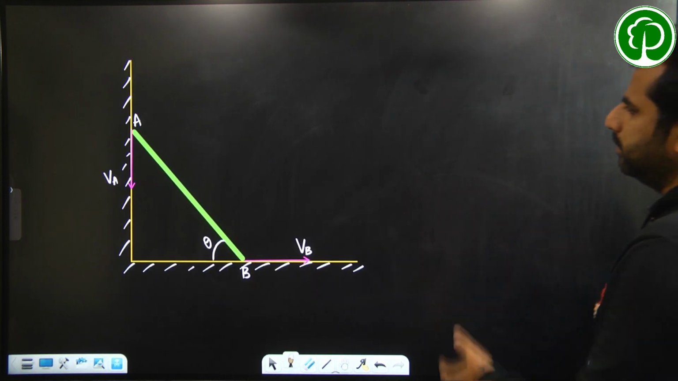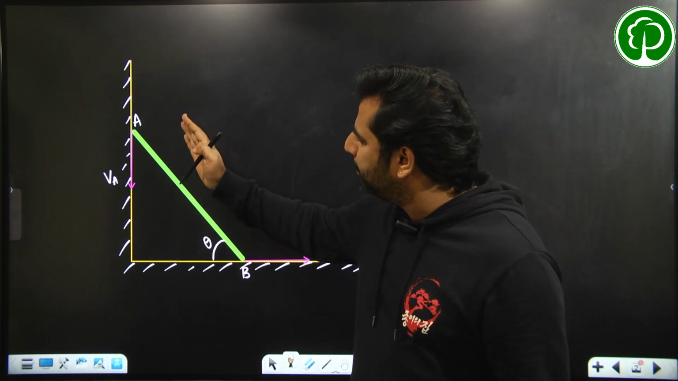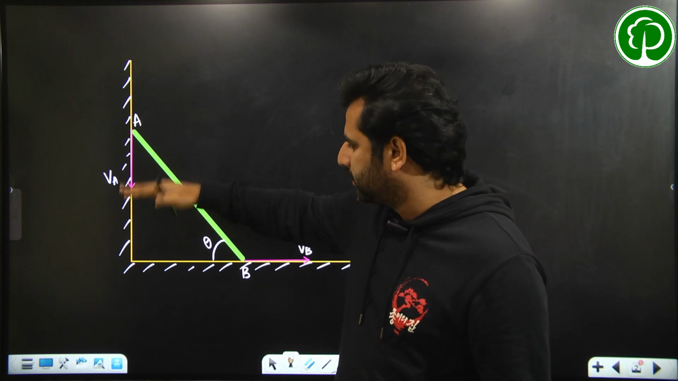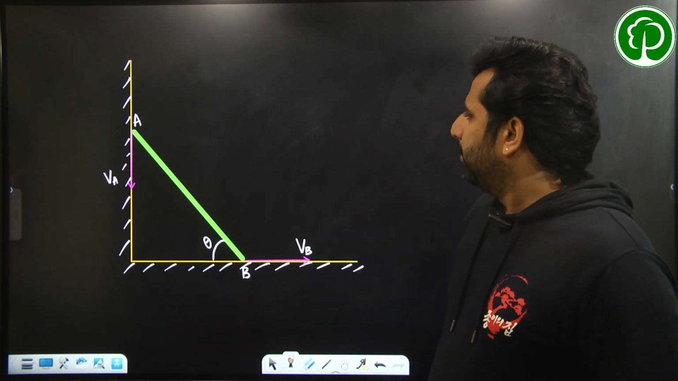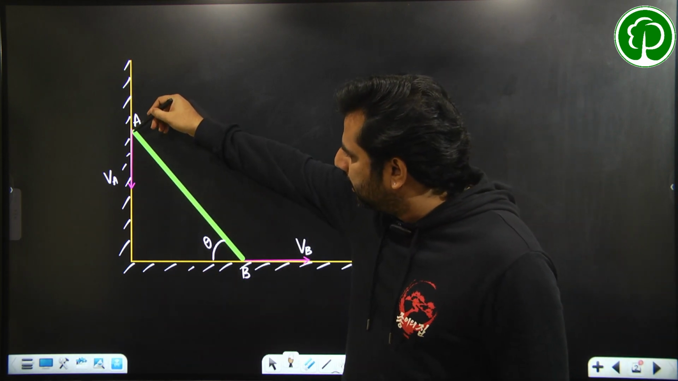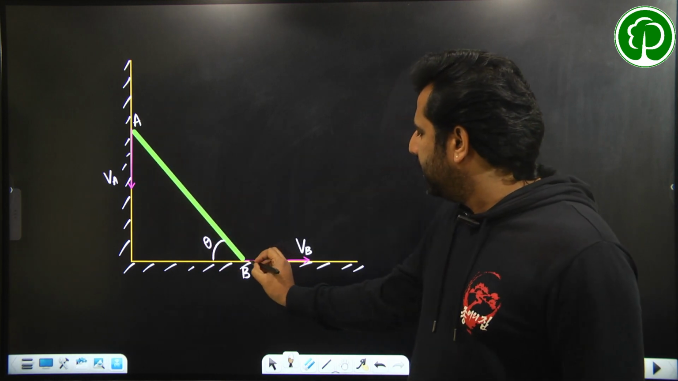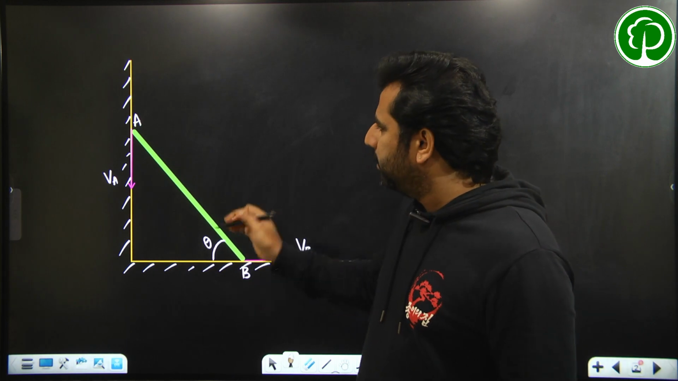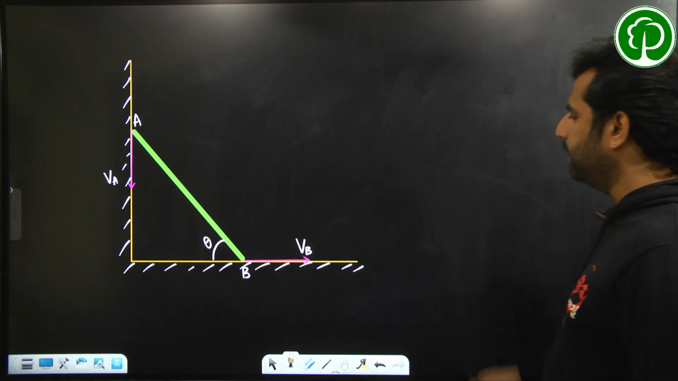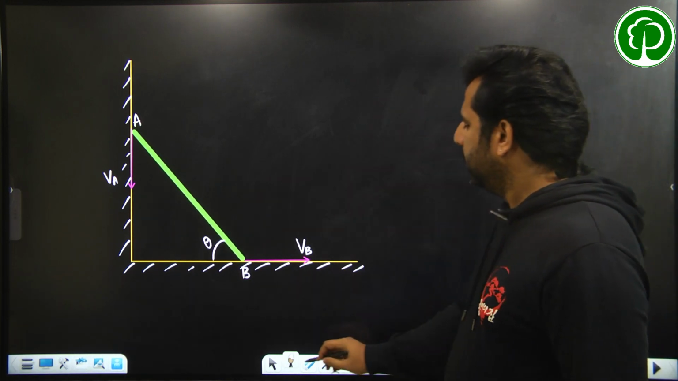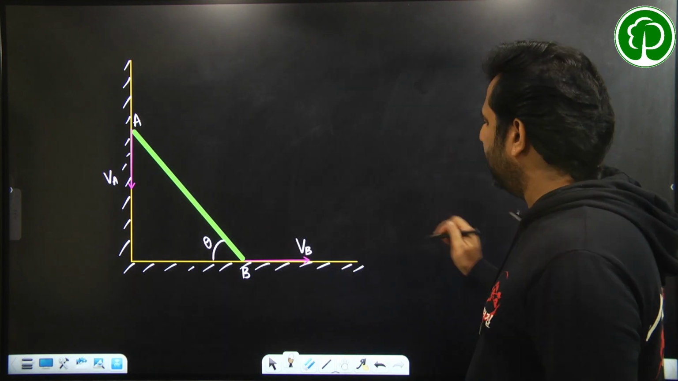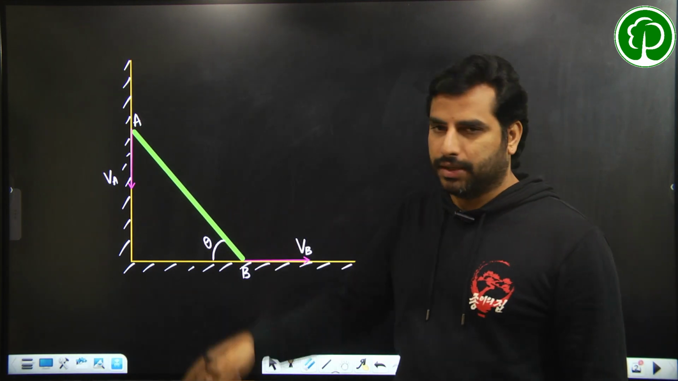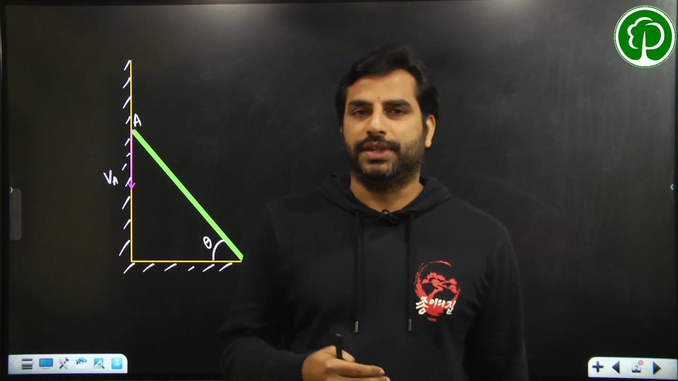So consider a rod which is sliding between two perpendicular frictionless walls. The velocity of end A is along the vertical, it is VA, and velocity of end B is VB in the horizontal direction. At an instant when the rod is making angle theta, I have to find the relation between VA and VB in terms of theta. If this is the question,